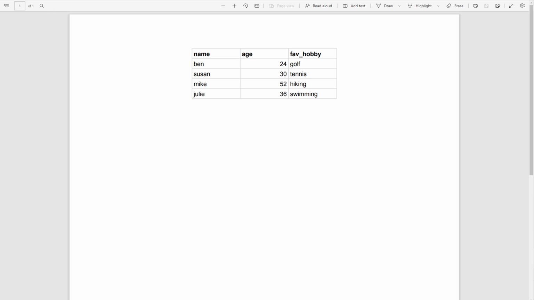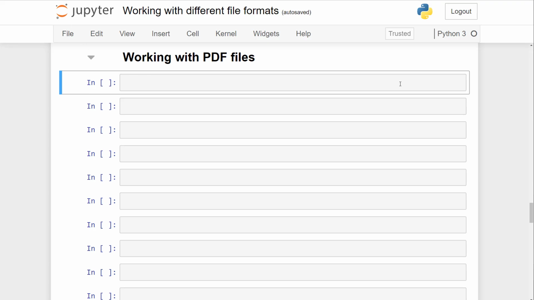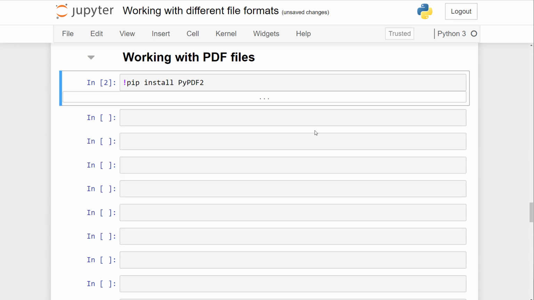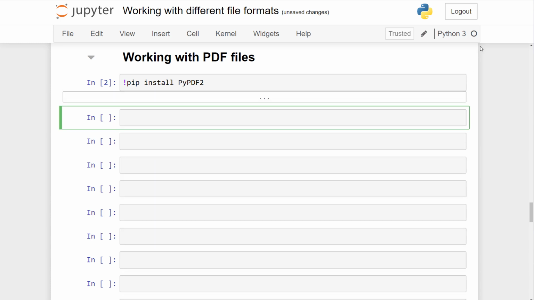The first thing we're going to need to do is to make sure that we have PyPDF2 installed. So in Jupyter Notebook, if we put an exclamation mark, then pip install PyPDF2, if you've already got it installed, you'll see that the requirement is already satisfied. Otherwise, the installation will start, and this is what's going to be used in the following example. Once PyPDF2 has been installed, the first thing we need to do is to import it into the notebook that we're working within. So we can put import